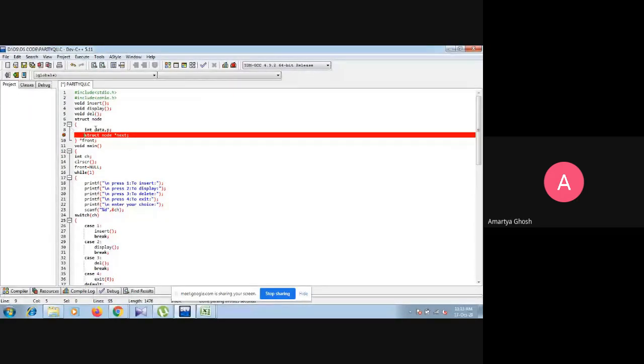So you can see three members: data, P, and next.